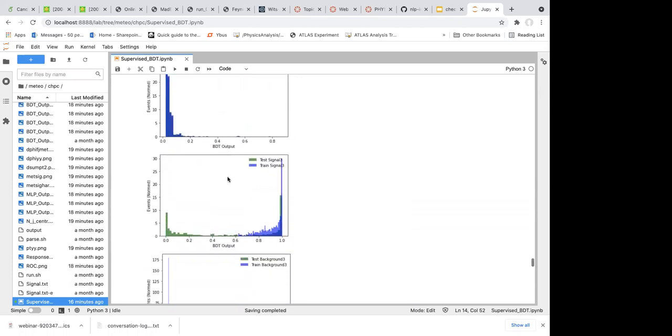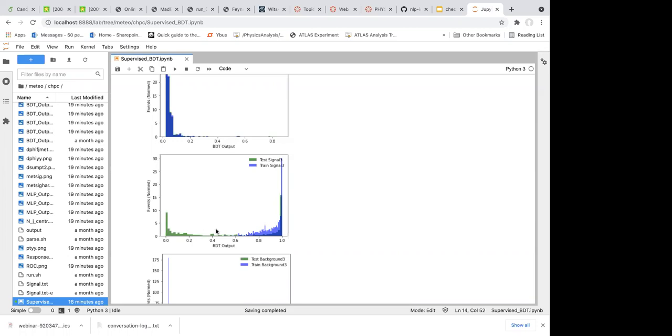Then let's see the fifth figure, which is still the signal sample, but the training-test comparison for the third method. You remember that in the third method, we put 800 random forest trees and 4 layers of depth, which is significantly more complicated than all the other methods.